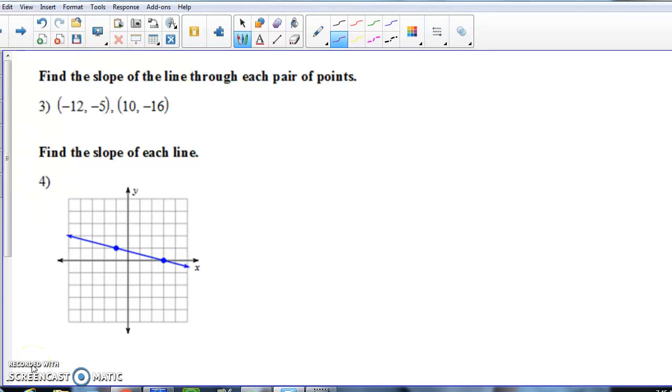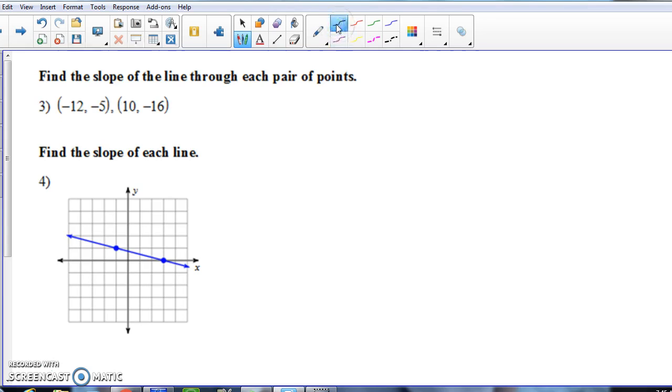Alright, this next video is a review of slope. I'm going to show you finding slope from two different scenarios. One is from a set of points and one is from a graph itself. So, if we are trying to find slope from a set of 2 points, we need what's called the slope